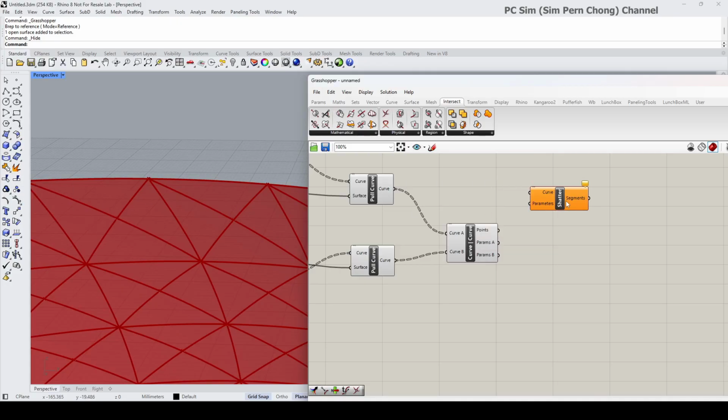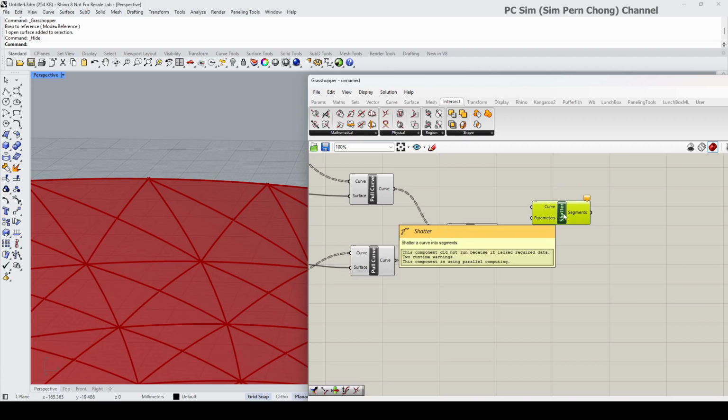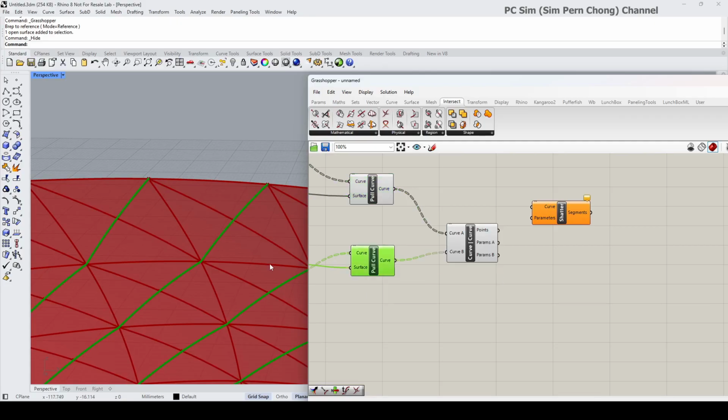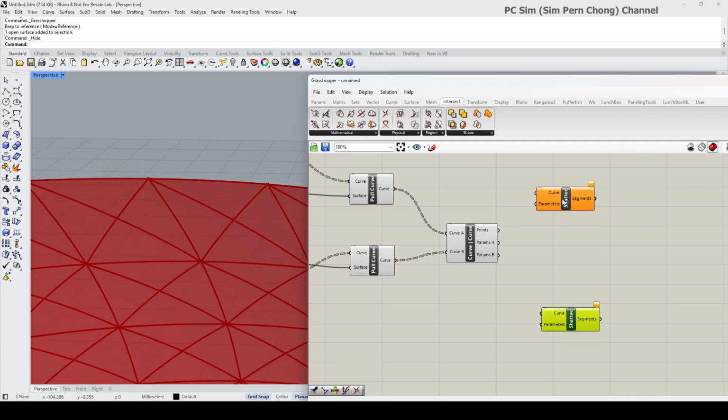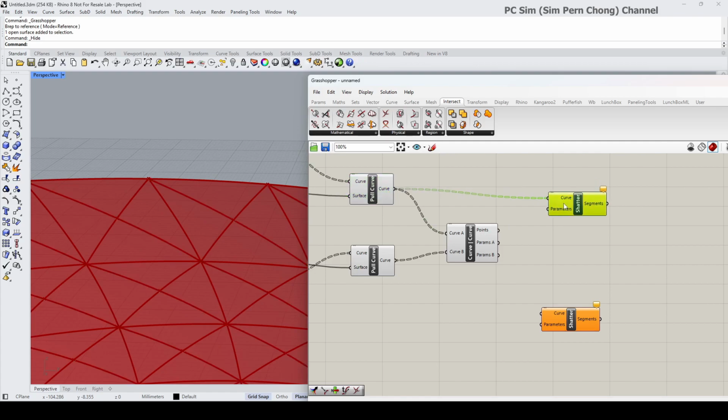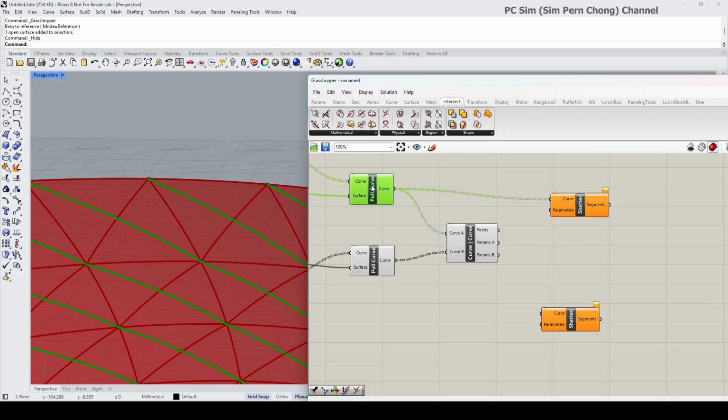Okay, so again, we need to have two sets of shatter. One set to shatter the first set of pull curves, and then the other set to deal with the other set of the pull curves. Okay, so let's just press the Alt key. So first set is this one. Okay, so I'm going to connect this here, and then the parameter to use to split them will be, you can see this is actually curve A, so we're going to use param A. Can you see over here, it says parameters on first curve? That means it's the parameters on this set of curves. Okay, so I'm going to connect this here,